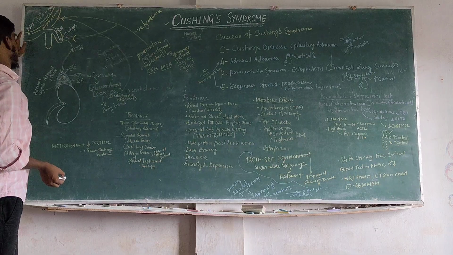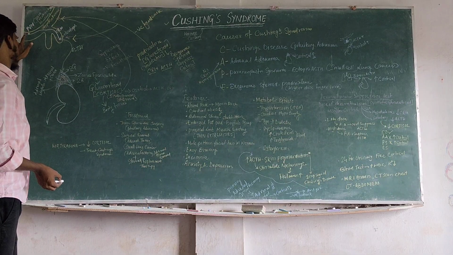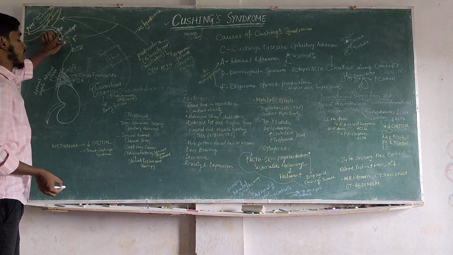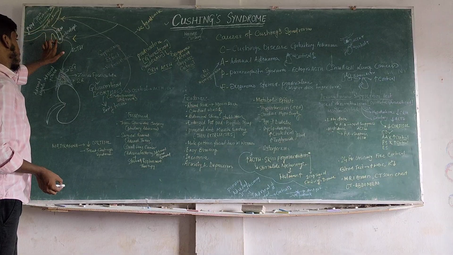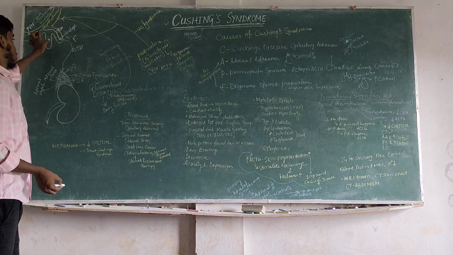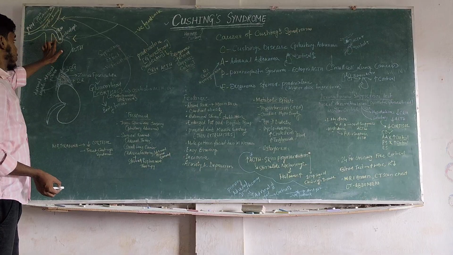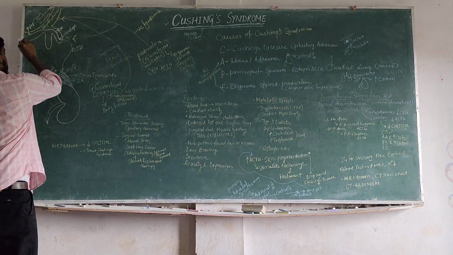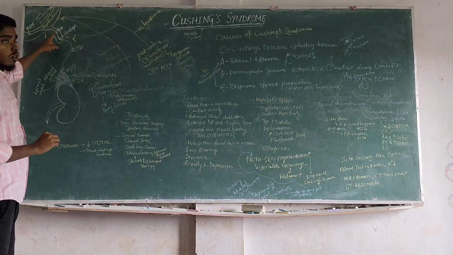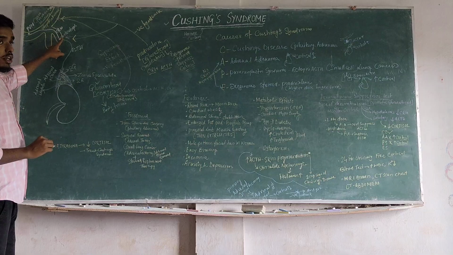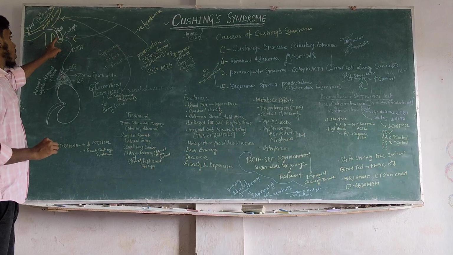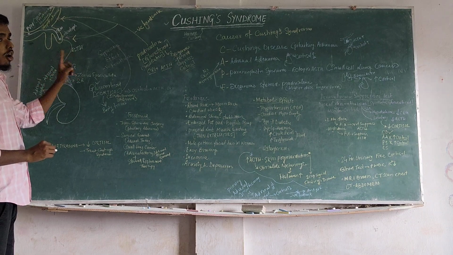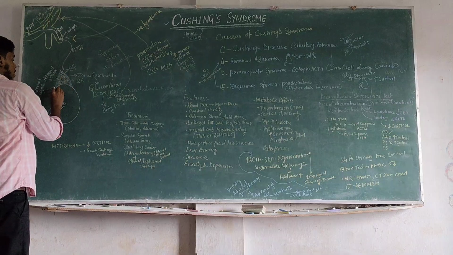The first question: there is a hypothalamus, and in the hypothalamus there is a position called the paraventricular nucleus, from where corticotropin-releasing hormone is released, and it goes to the anterior pituitary and stimulates the corticotropic cells of the anterior pituitary to release adrenocorticotropic hormone. So first, the paraventricular nucleus releases corticotropin-releasing hormone, which stimulates the corticotropic cells of the anterior pituitary, and the corticotropic cells release adrenocorticotropic hormone, which comes to the adrenal gland